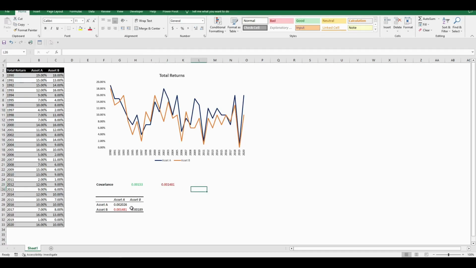Here it is. However, as you can see, the output of the covariance analysis tool provides two additional values, and these are the covariance of asset A with asset A and the covariance of asset B with asset B. So these are not actually covariances, but they are the variances of asset A and asset B. However, be careful because when Excel calculates the variance of the two assets when it uses the covariance analysis tool, it assumes that we study the entire population.